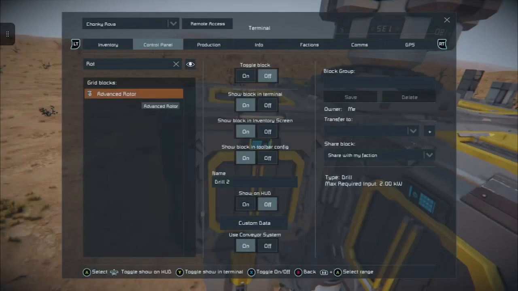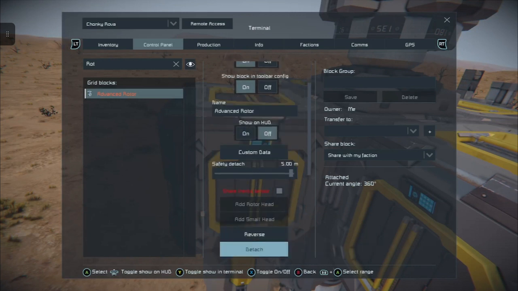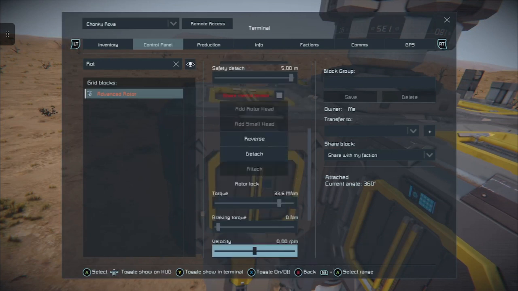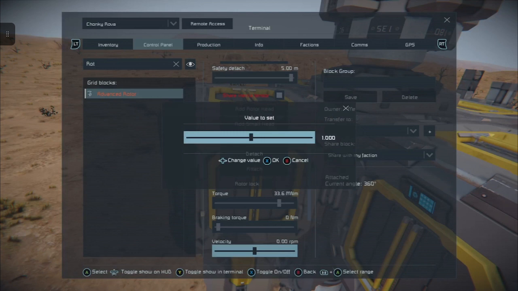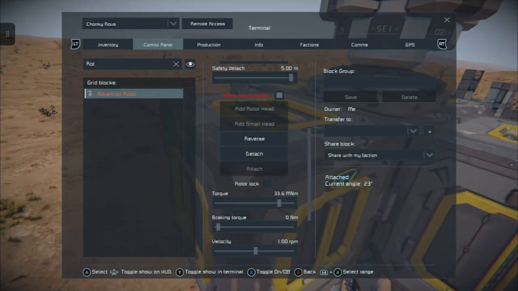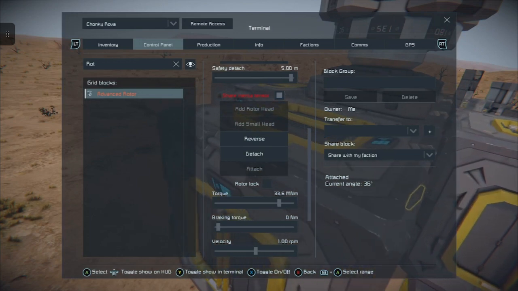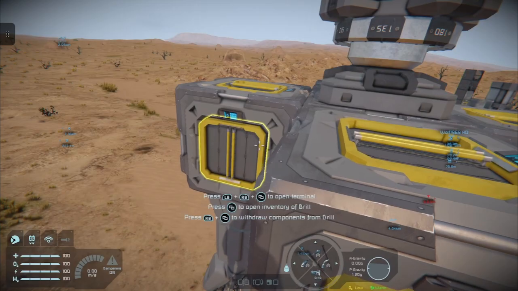Nope. So we go to the advanced rotor here, we'll pop shear inertia tensor on. We want the speed of this rotor to rotate at 1 RPM. That's a nice slow enough drill speed.